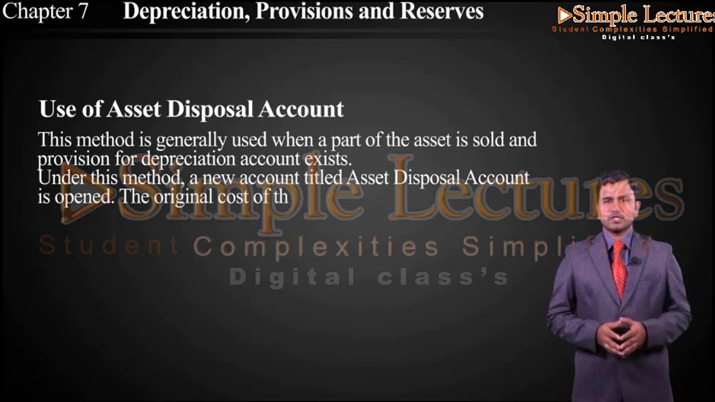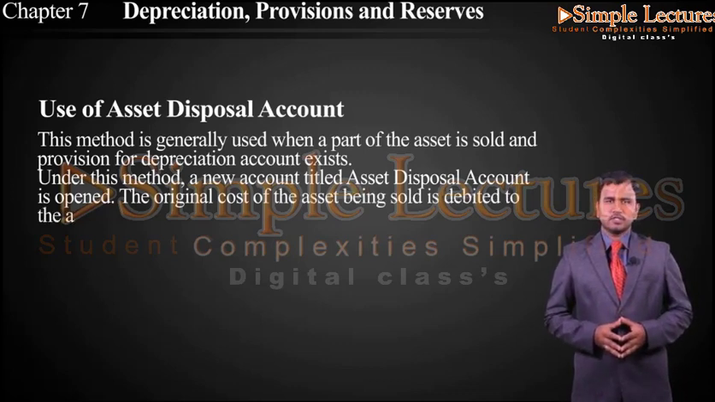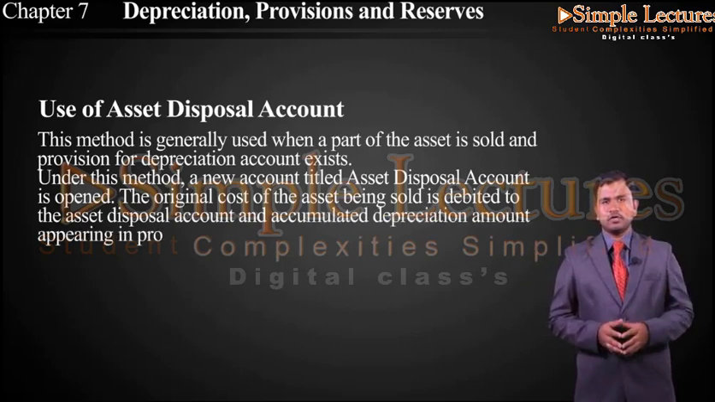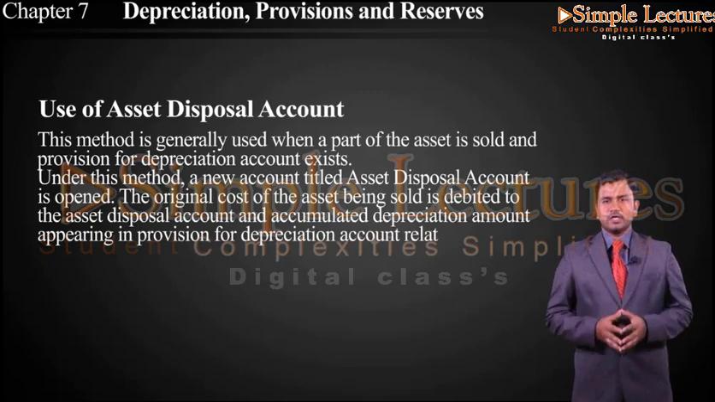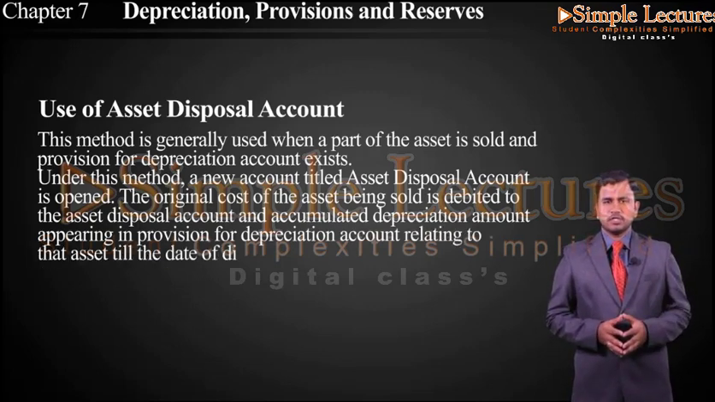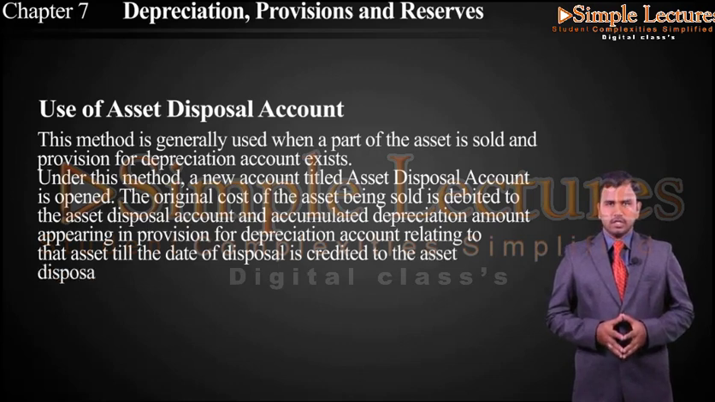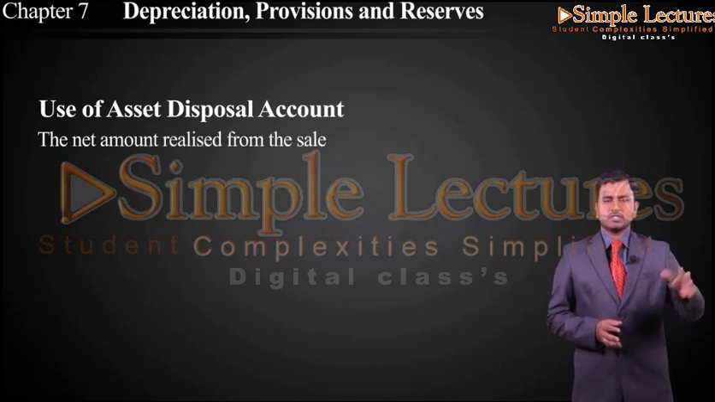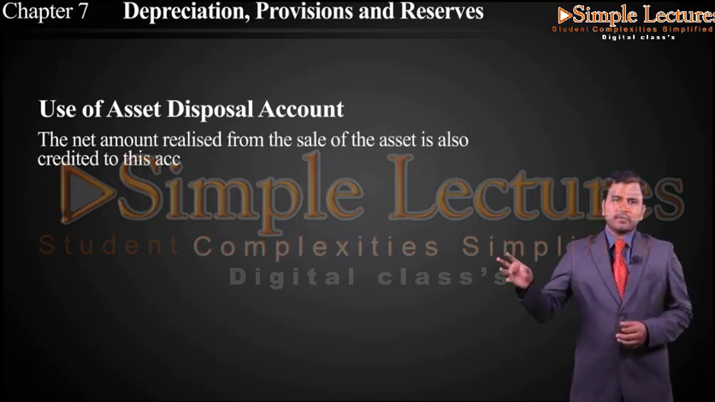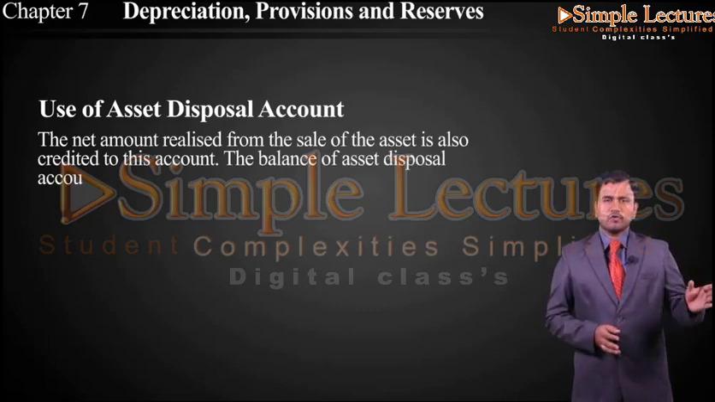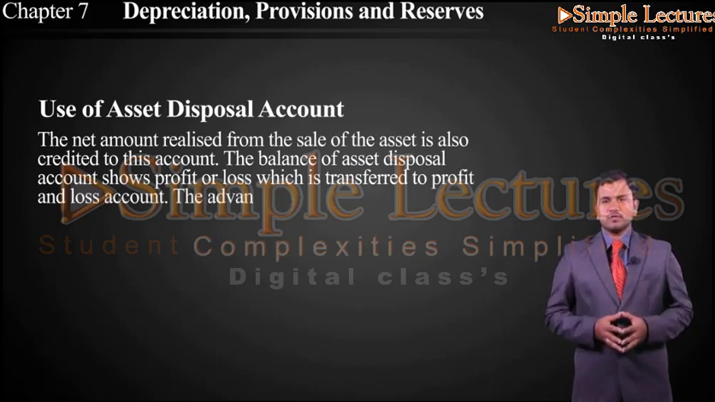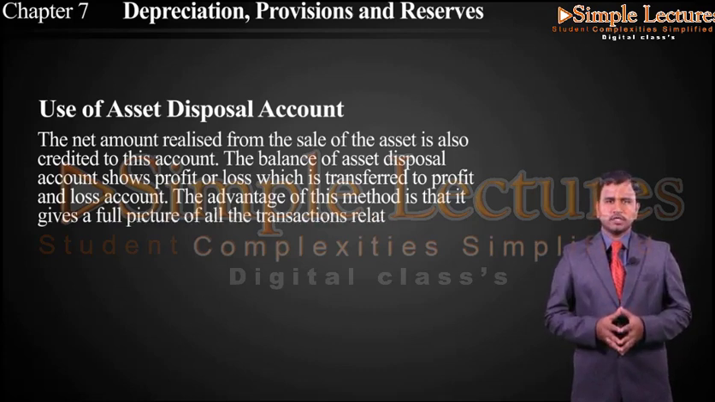The original cost of the asset being sold is debited to the asset disposal account, and accumulated depreciation amount appearing in provision for depreciation account relating to that particular asset till the date of disposal is credited to the asset disposal account. The net amount realized from the sale of the asset is also credited to this account. The balance of the asset disposal account shows profit or loss, which is transferred to profit and loss account. The advantage of this method is that it gives a full picture of all the transactions related to asset disposal at